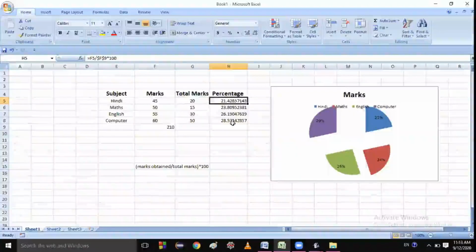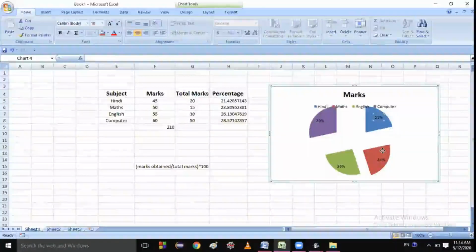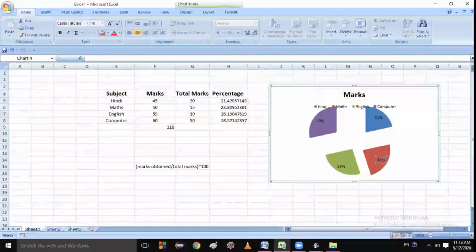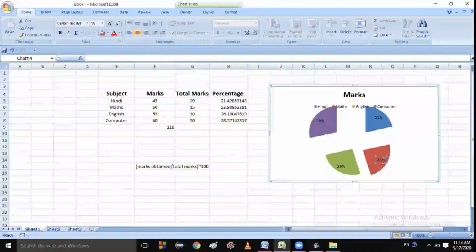Yes, sir. So this percentage is applied over here. This percentage is applied over here. Clear to you right now? Clear? Yes, sir. Yes, sir. Okay. Next one is